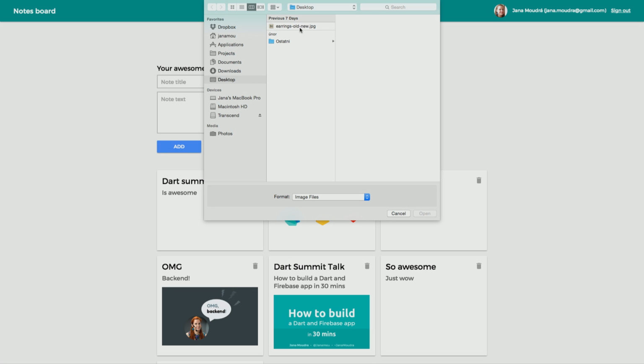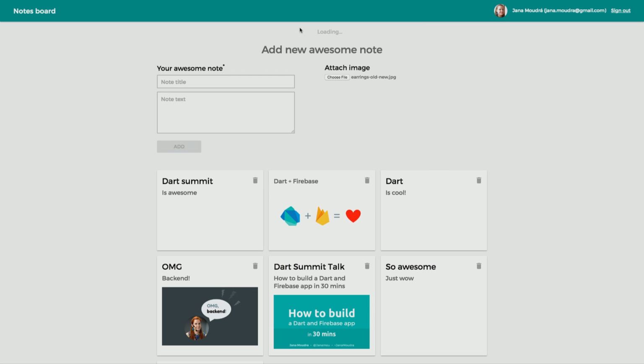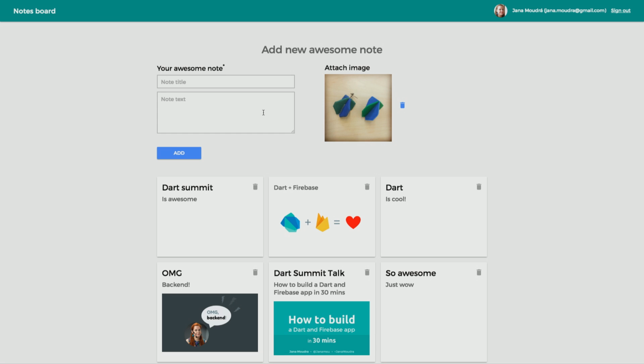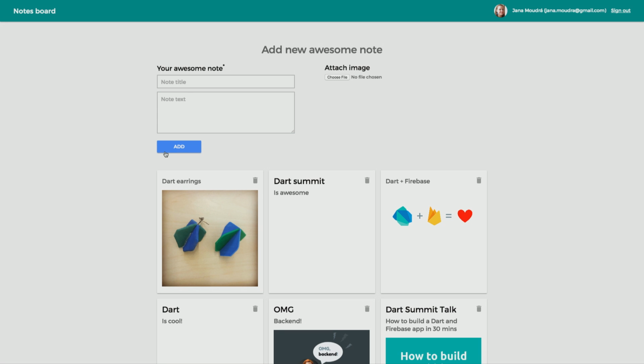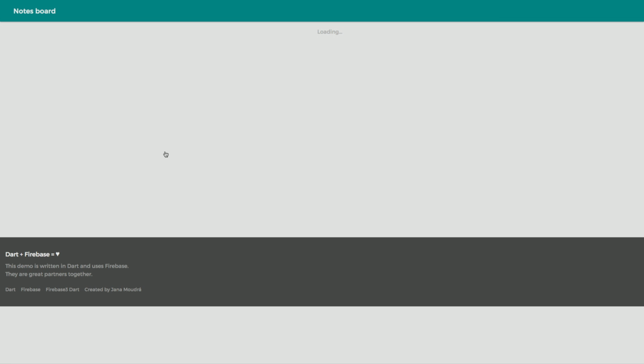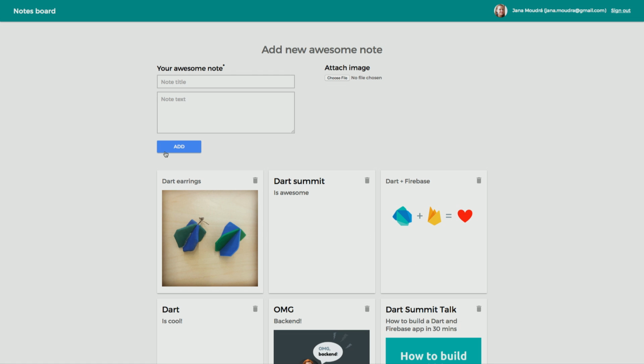I have prepared an image of my earrings, which are Dart earrings, and I have to write their note tag. So, Dart earrings, and let's post them. And they appeared immediately again. I can refresh, and you can see all the notes I made there. I'll show you another thing, because all the clients which are connected to this web page are able to